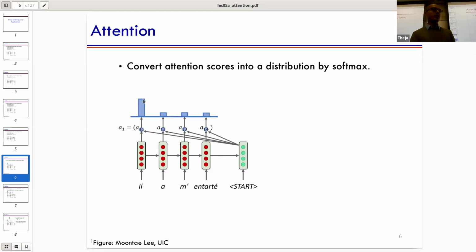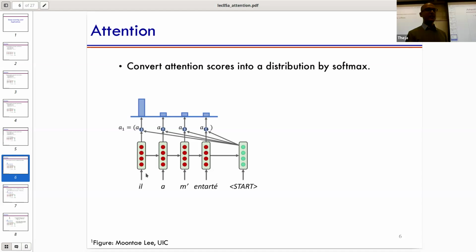This is the first time I'm showing some magnitudes. From here, the interpretation in this illustrated example is that perhaps this hidden vector is more important while decoding at this first step than the other 3. That's the type of interpretation I want to bring in. If we think that the first hidden vector, the leftmost one, is important, then we want to use it while decoding the first word.